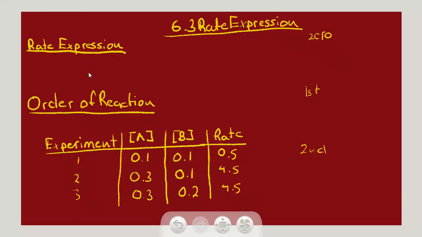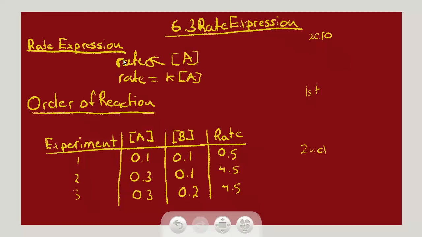Okay, so for the next module, we'll be talking about the rate expression concept. The rate expression is a way of expressing a reaction and the rate at which it occurs using letters and symbols. So one might say that rate is proportional to this symbol. This symbol signifies the rate is proportional to the concentration of A. Or you could write it in this way, that rate equals K times the concentration of A, with